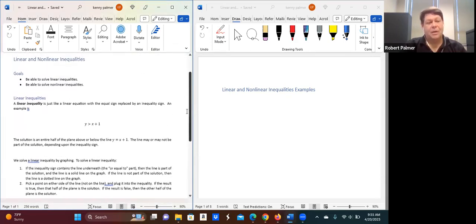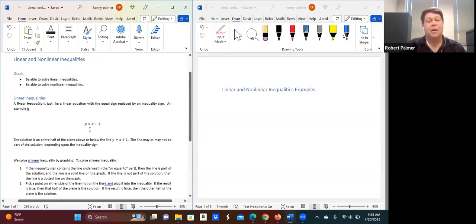It's the simplest case. A linear inequality is just like a linear equation. Remember, in a linear equation, however many variables you have, each variable is the first power. But instead of an equal sign, it's replaced with one of the four inequality signs. So an example looks like this. Instead of y equals x plus 1, you might have y greater than x plus 1, or any one of